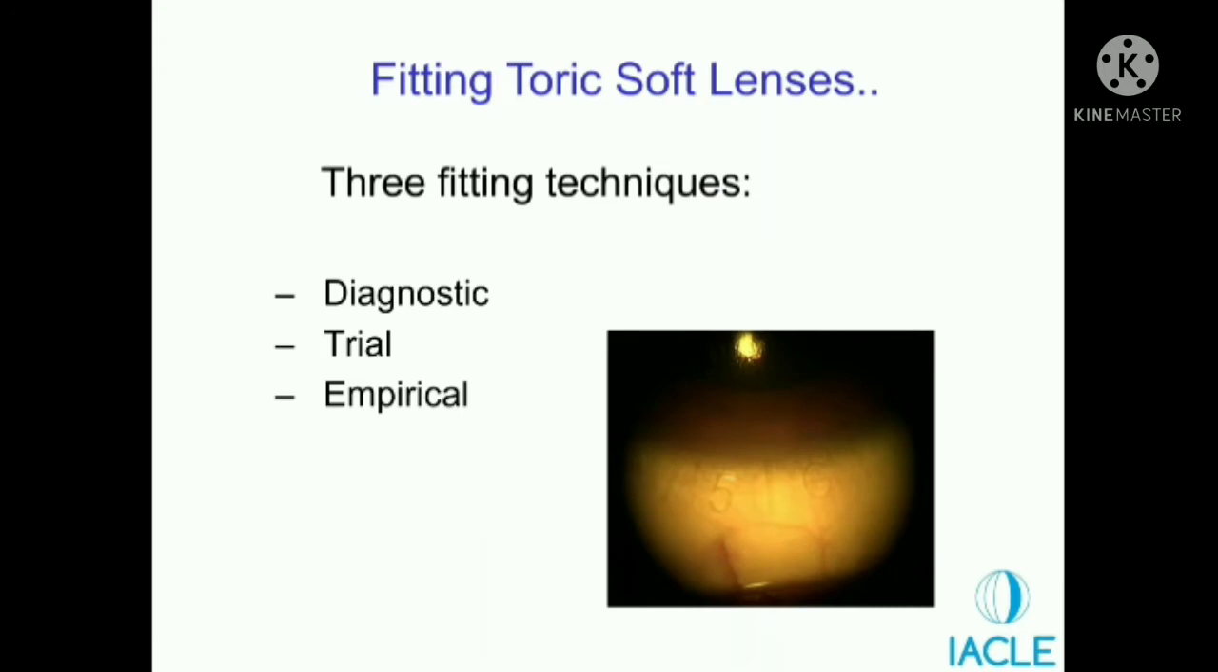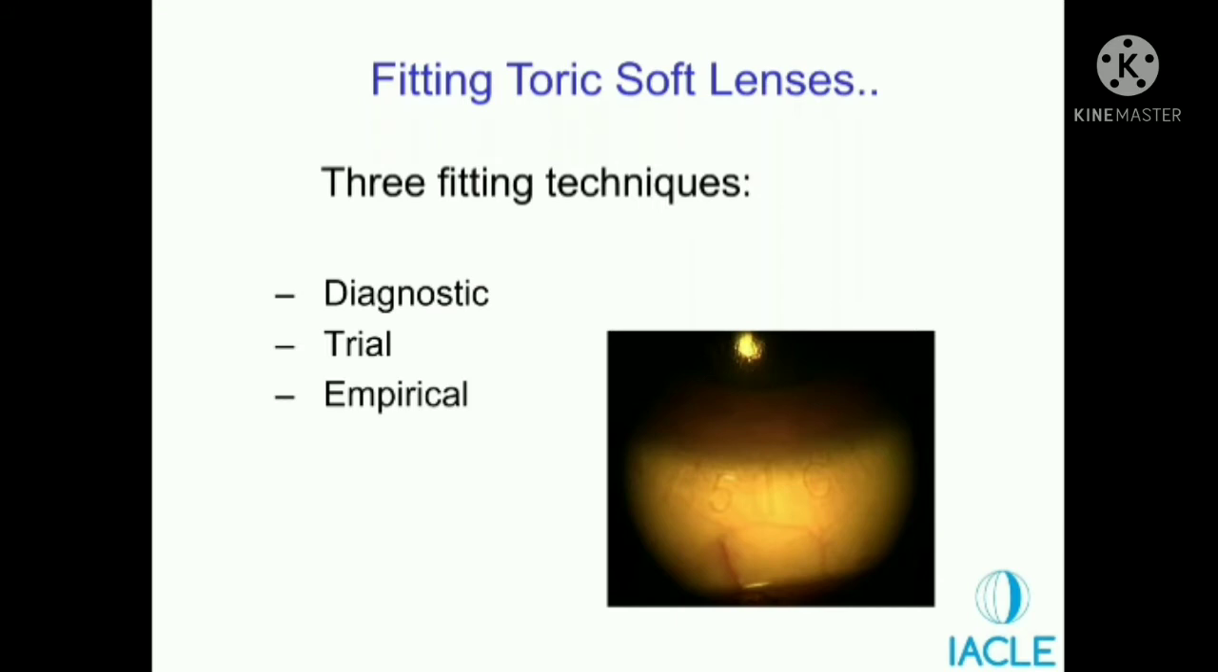So there are three fitting techniques. One is called empirical fitting, which is basically you only do the measurements. You take all the measurements required of the eye and you directly order a contact lens. That's called empirical fitting. Diagnostic means after the measurements, you apply a contact lens onto the patient's eye for sometimes, let us say 15 to 20 minutes, and you see how the lens is fitting on the eye, and based on that, you order the final lens. Trial means you put a contact lens onto the patient's eye and let the patient wear the contact